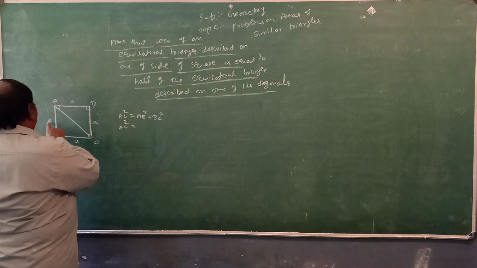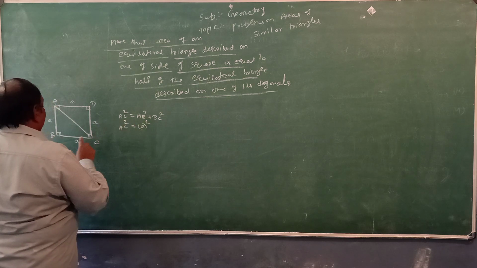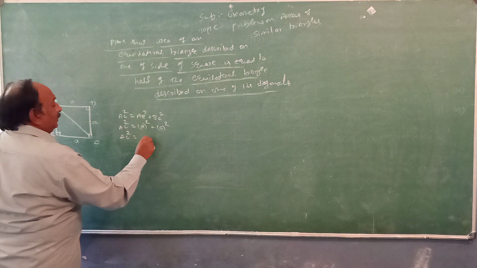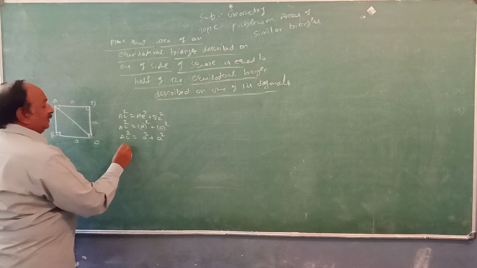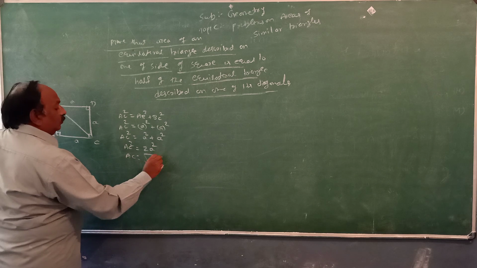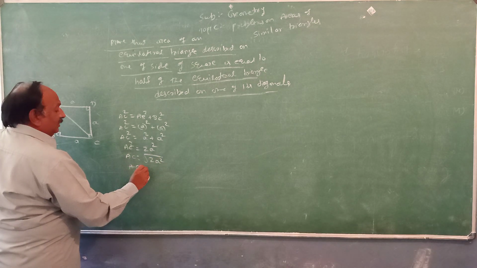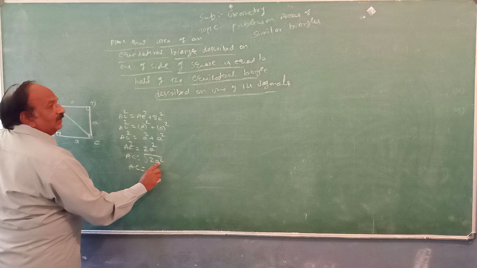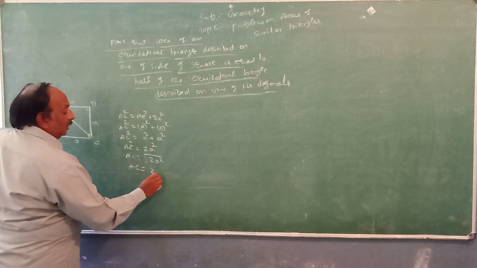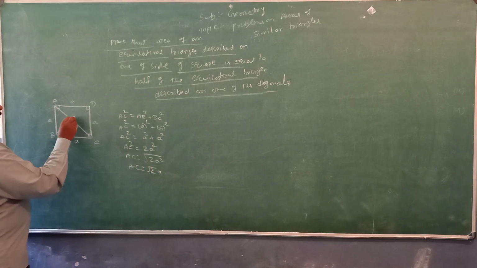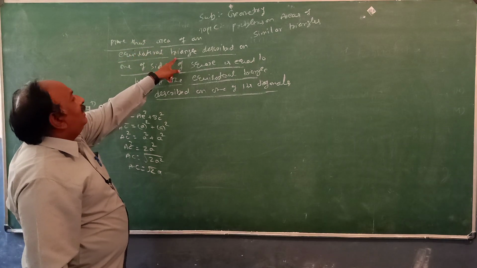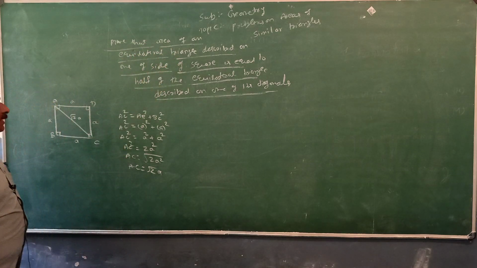AC squared is equal to A squared plus A squared, which is 2A squared. AC is equal to root of 2A squared, so AC is A root 2, or root 2 A. This is root 2 A. Now prove that the area of an equilateral triangle described on one of the sides of the